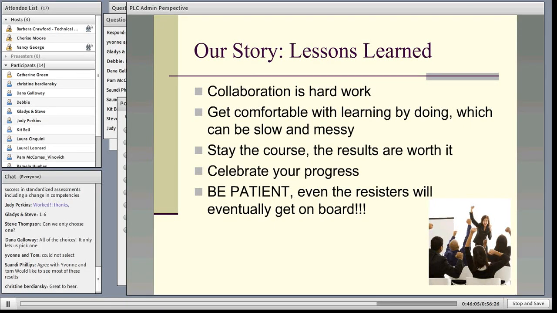So thinking about what we have learned along the way, and we have learned so much. One of the things, a side piece that I wanted to emphasize as the administrator, is that when we first started this, the staff thought that I had an end product in mind. And often they were coming to me asking, just tell us what you want us to do and we'll do it. Just tell us what you want this to look like and we'll do it. And so it took a lot to convince them that I didn't have an end product in mind.